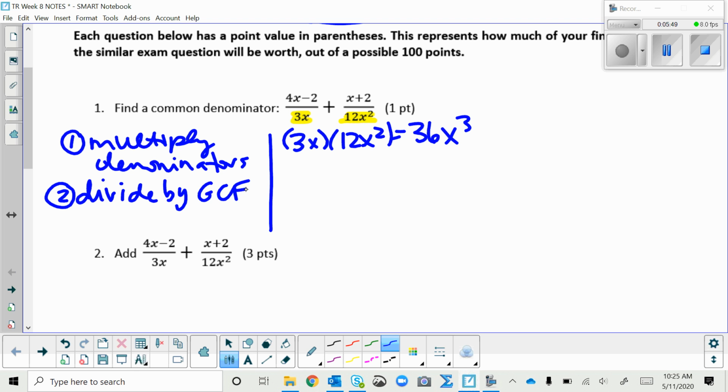So the GCF you'll take in chunks. Look at the 3 and the 12 first. What is the biggest factor that 3 and 12 have in common? It's 3. And then what's the biggest number of x's that x and x squared have in common? It's x. So if you take that 36x cubed and divide out what they have in common,